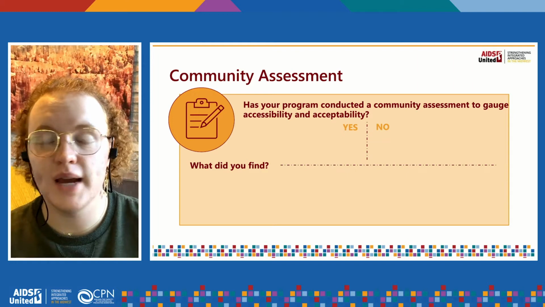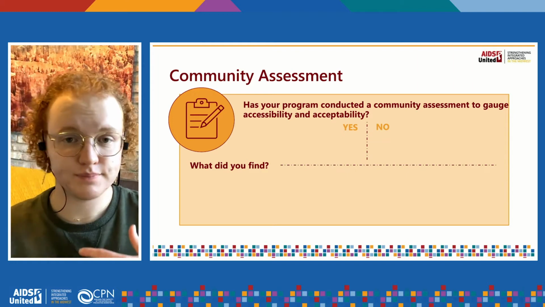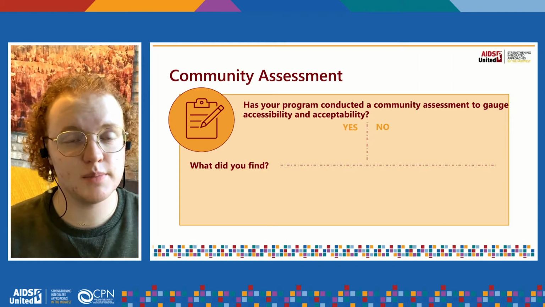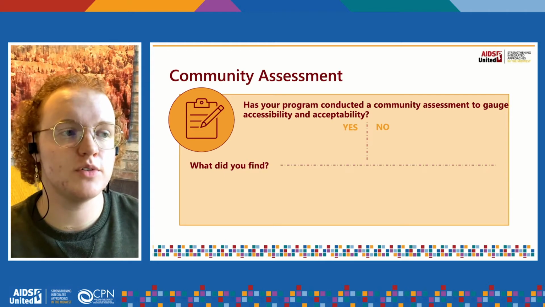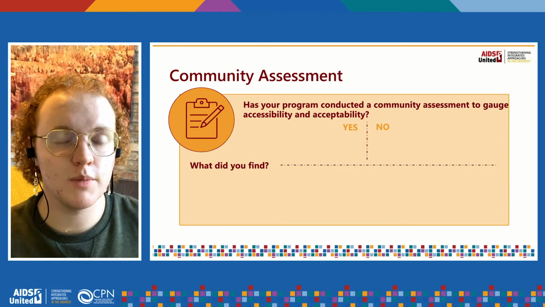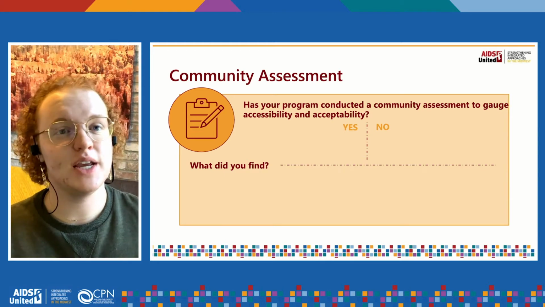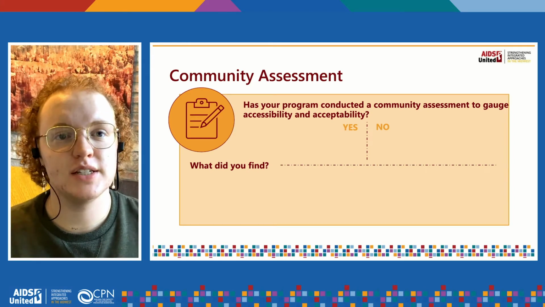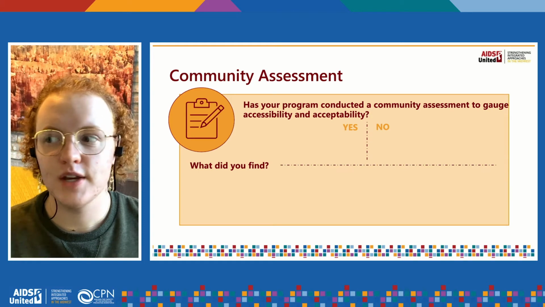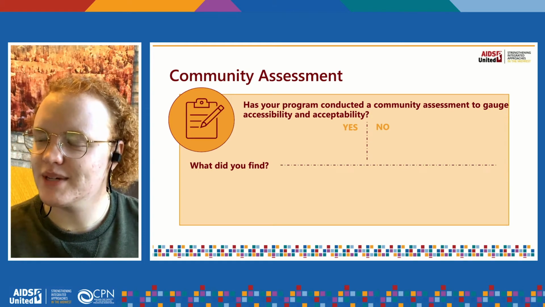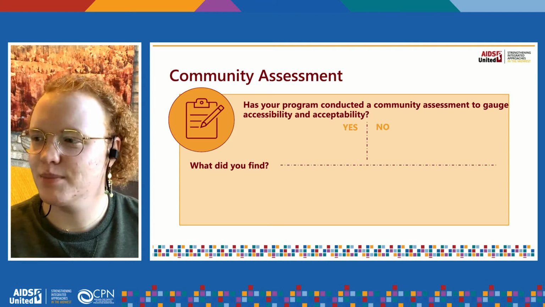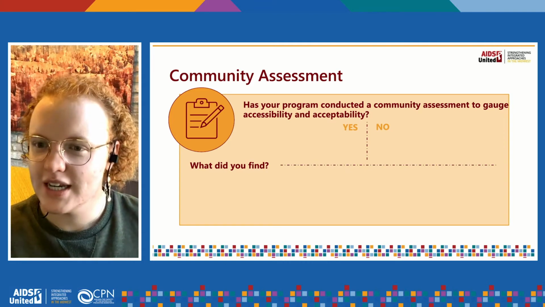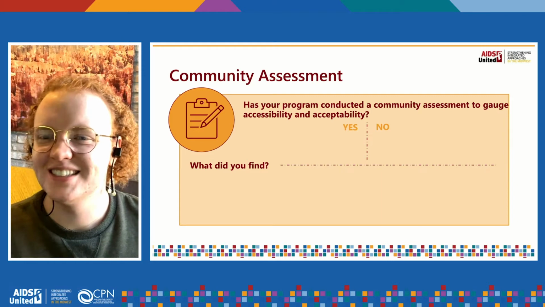We may have to circle back at certain points to say, we did a community assessment, we understood what people's values and understandings were around condoms, and now maybe they've changed. Maybe they have adjusted now that this additional layer of the pandemic has come into play. So I see that people are plopping some answers in here, and I see a smattering of yeses, but a little bit more nos.